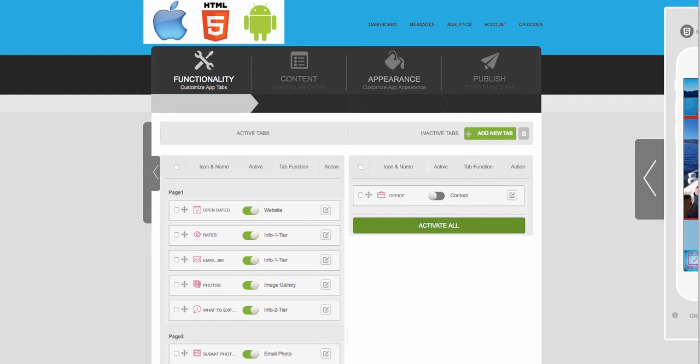Okay, Jim, here's a quick little overview of the dashboard for the mobile application and the mobile website, which are essentially the same thing. When you go in to the dashboard, there's a couple different menu systems. The one across the top says dashboard, messages, analytics, and then your account, and then the QR codes that it provides you. We'll be providing you with some other unique QR codes that work a little better than